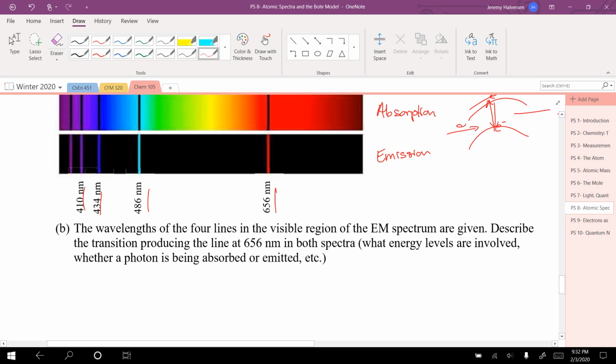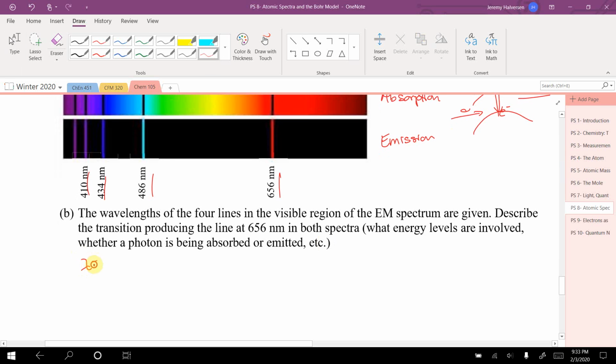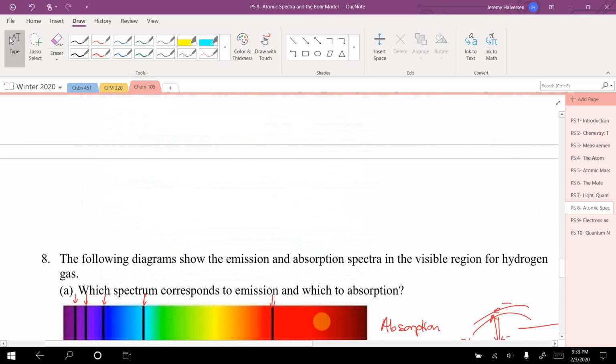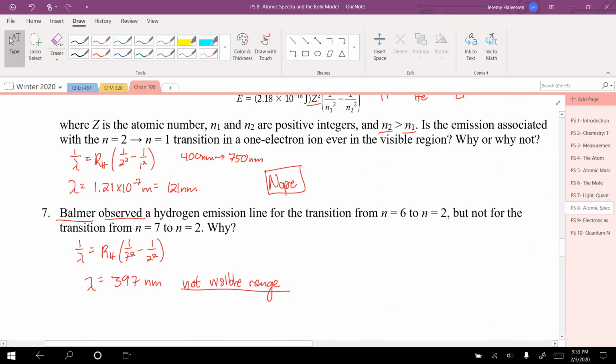Describe the transition producing the line at 656 in both spectra. What energy levels are involved, and whether a photon is being absorbed or emitted. So we know that our wavelength is 656 times 10 to the negative 9. I'm trying to figure out the n levels to produce that. I'm going to cheat a little bit here. I know that